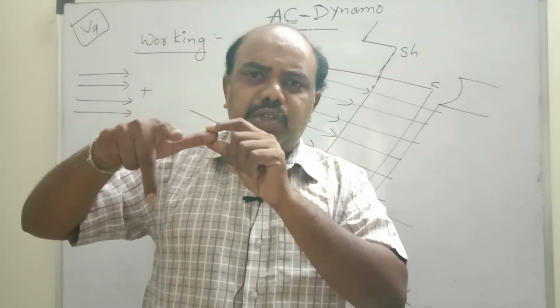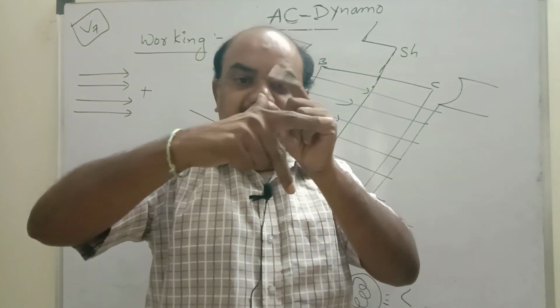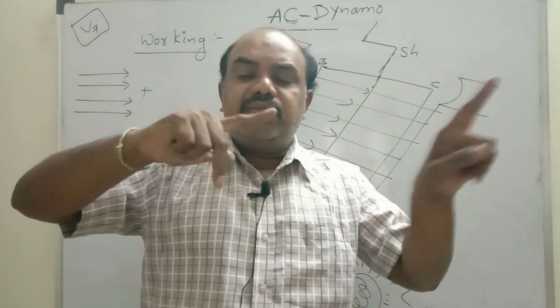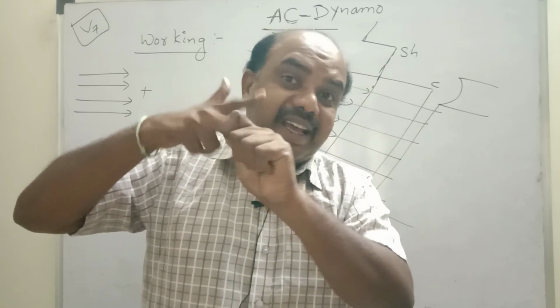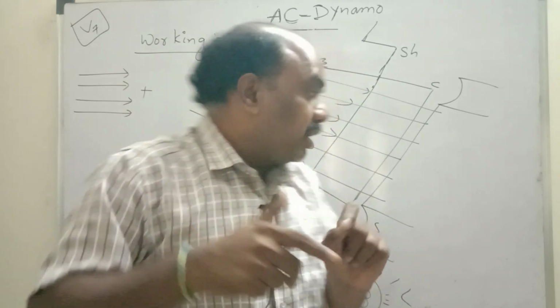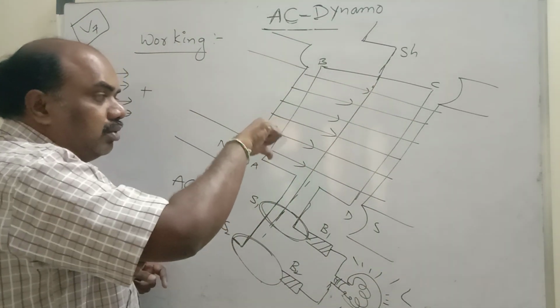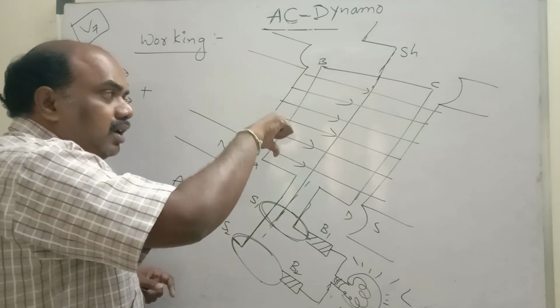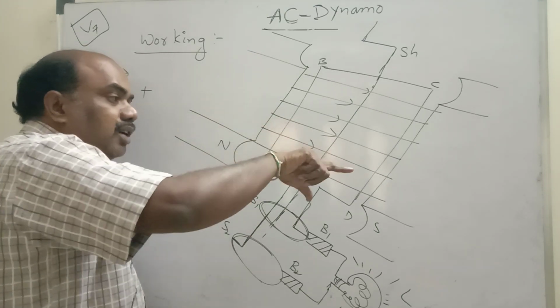M means nothing but motion of the armature. If you rotate the armature in this direction, with the uniform magnetic field north to south, then this induces current. This says the direction of the induced current. Observe carefully. I am rotating in this direction. AB is going down. This indicates the uniform magnetic field from north to south.